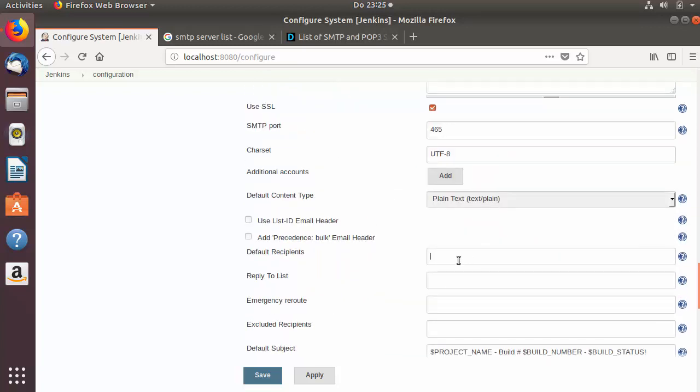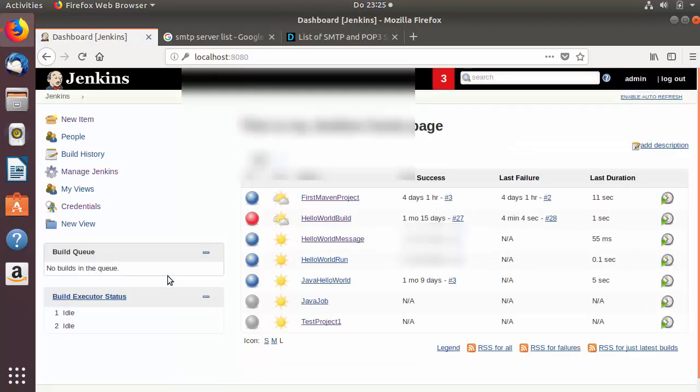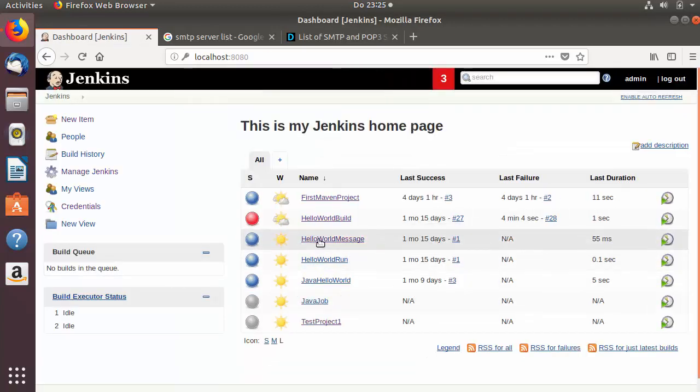One thing you can do here is you can add the default recipients here, whatever recipients you want to use for your email. So I'm going to add one recipient which I have also used in the last section, and then I'm going to save this configuration. And once my configuration is saved, I can once again go to, let's say,